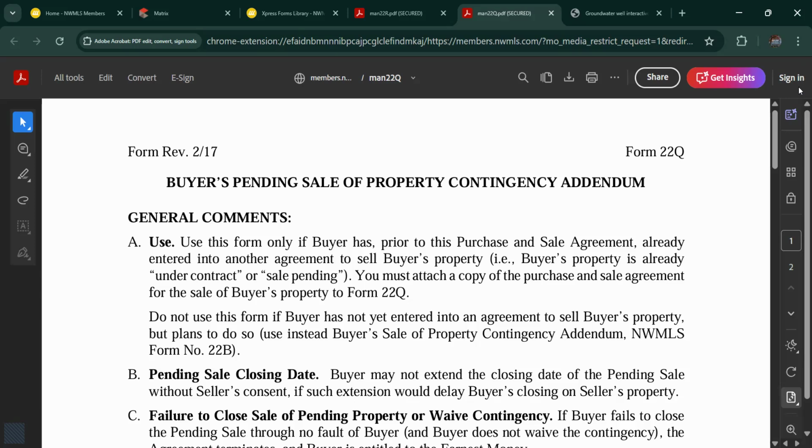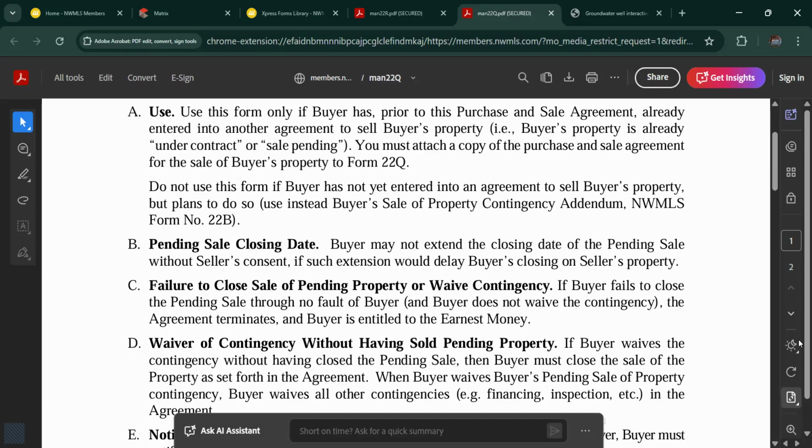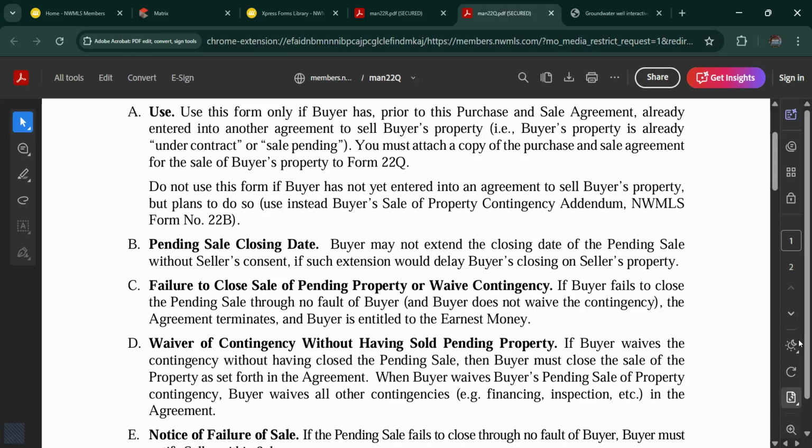All right, Jason, you want to read B? Sure. Pending sale closing date. Buyer may not extend the closing date of the pending sale without seller's consent, if such extension would delay buyer's closing on seller's property. Okay, so the buyer can't extend the closing date without seller's consent. So if all of a sudden the buyer's property that they're selling in Florida, we'll stick with that example,